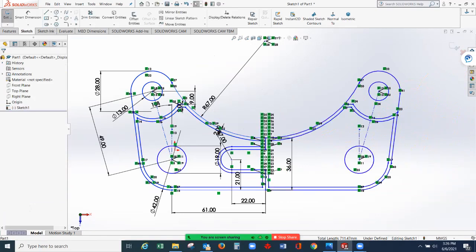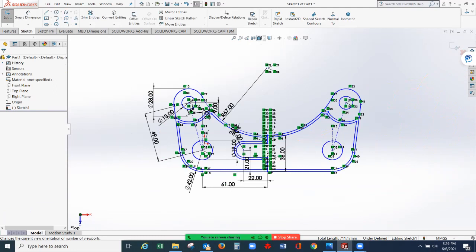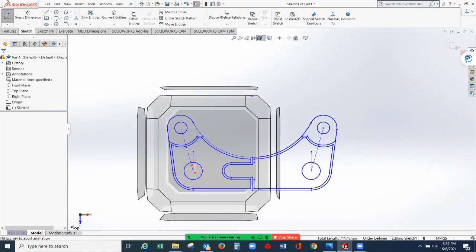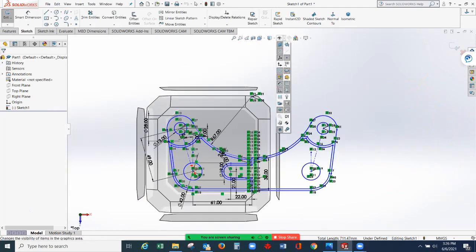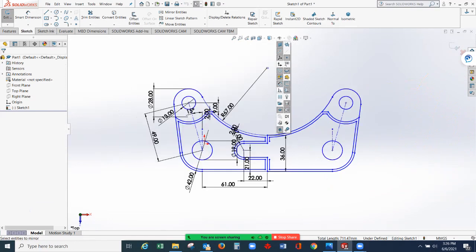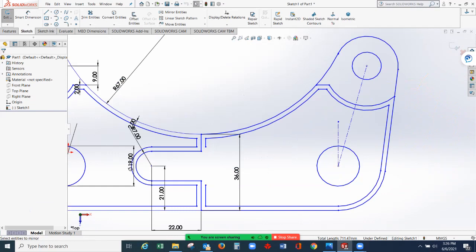And that's it. If this relation is disturbing you, you can switch off the view from here. See this eye? View sketch relation. Then you can delete some of the construction lines here.